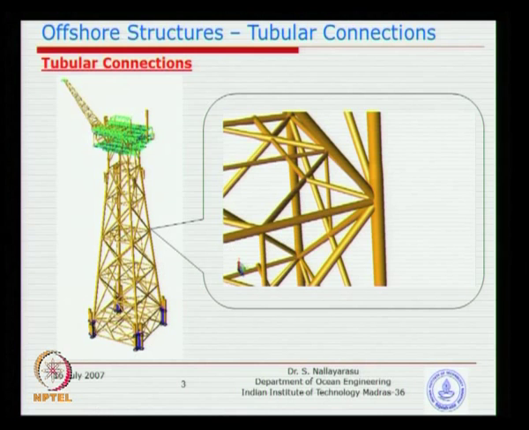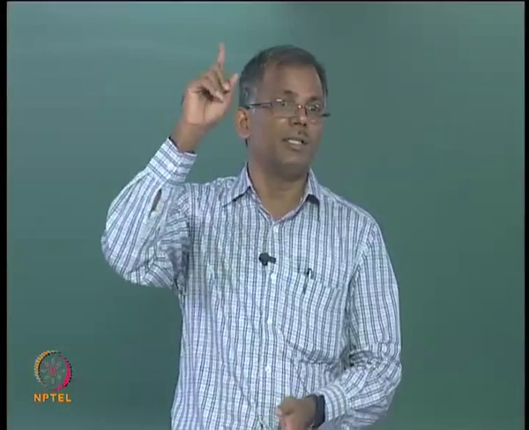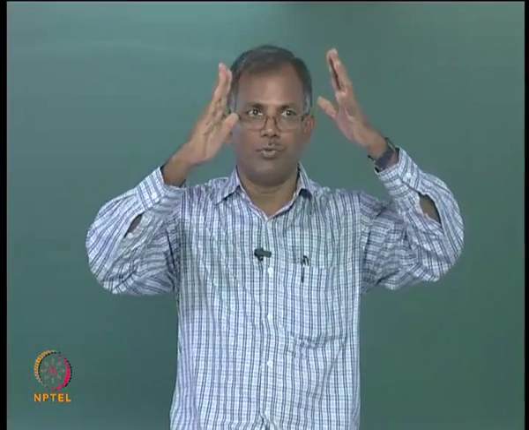Once the loads are transmitted to this place, for example, the receiving member, the so-called legs, you see here, this is very easy to understand where the loads are going. Ultimately the loads have to go where? They have to go to the foundation. It is not going to go to the sky, isn't it? So the loads are not going to go upwards. Every member receives loads from gravity or wind or wave, and they have to transmit them downwards to the foundation.